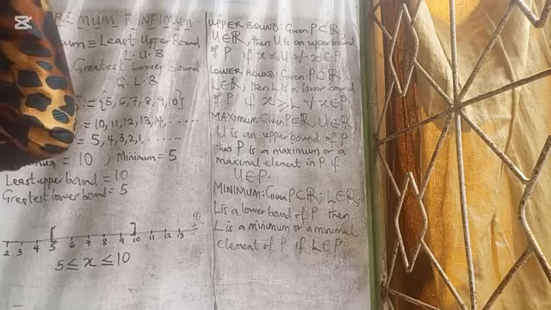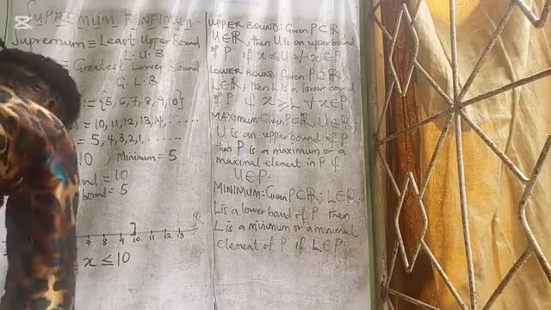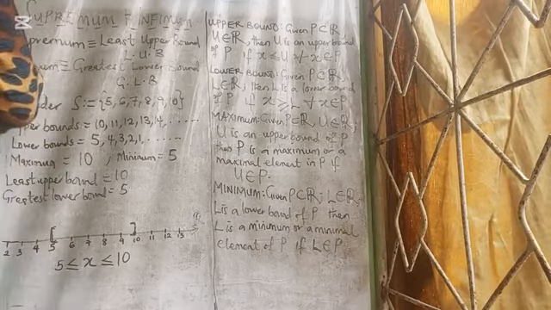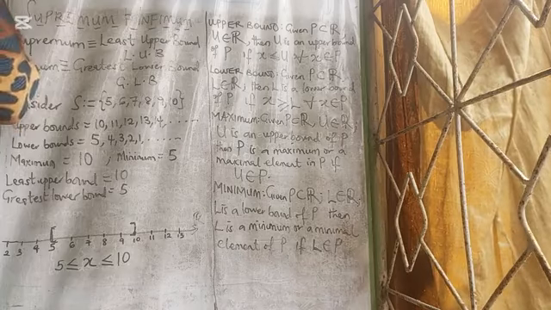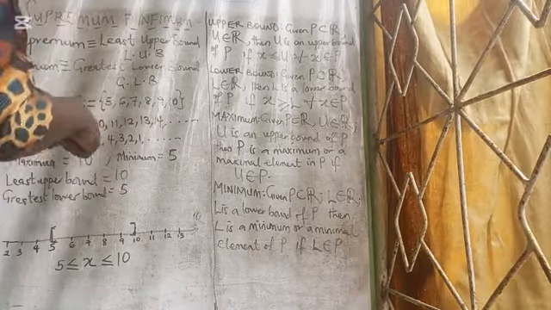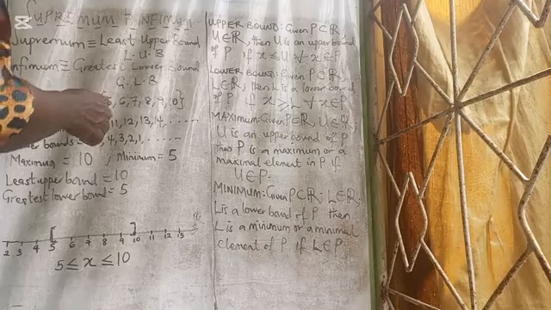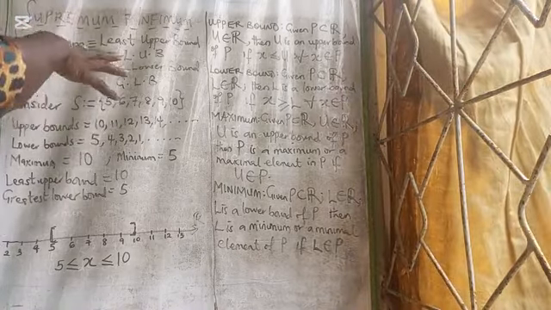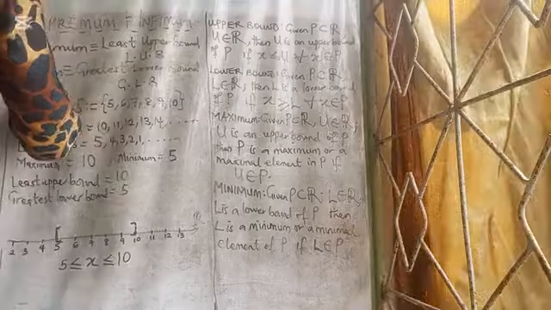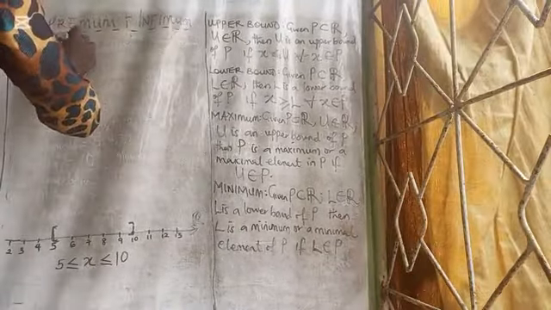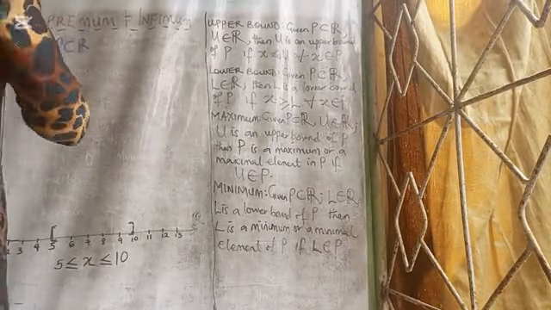Remember, we are still going towards the supremum and the infimum of a sequence. The supremum and what? The infimum of a sequence. Now, you remember that I said that the greatest upper bound, the least upper bound rather, is what we call what? The supremum. And the greatest lower bound is what we call what? The infimum. Let's now bring out a definition for the supremum and the infimum. Given P subset of R